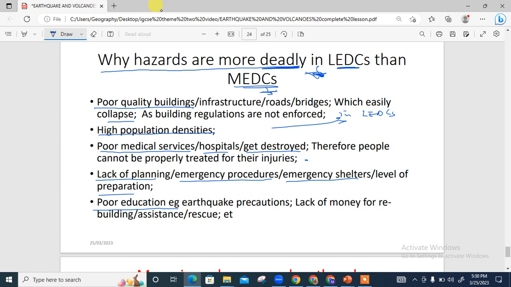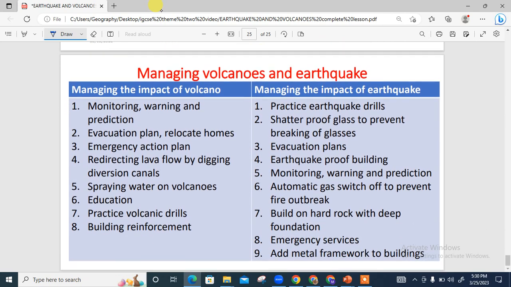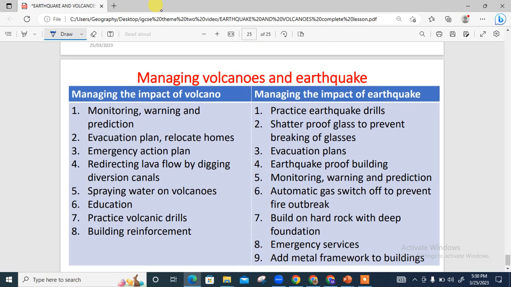An example is earthquake precautions. Most of them don't know about it. There is also lack of money. Very important, lack of money for rebuilding, assistance and rescue process. So you see, all these help make earthquakes more deadly in LEDCs than in MEDCs. So take note of all this, please. Then lastly, for this topic is how do we manage